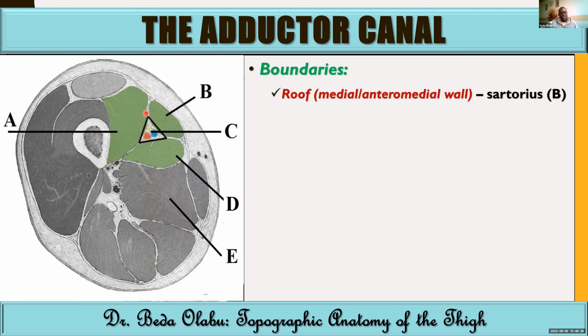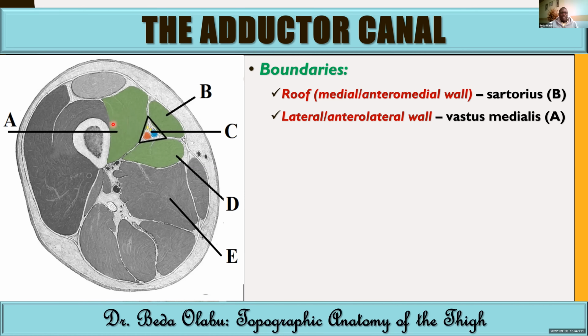This is a cross-section through the thigh. The muscle labeled B is the sartorius muscle. Let's orient it first. Maybe this is the anterior aspect. This is the posterior part. This is the medial side. This is the lateral side of the thigh. So the sartorius, labeled B, is the roof, but we can also say it is the medial wall or the anteromedial wall. Then we have the lateral wall, which we can also say is the anterolateral wall, formed by